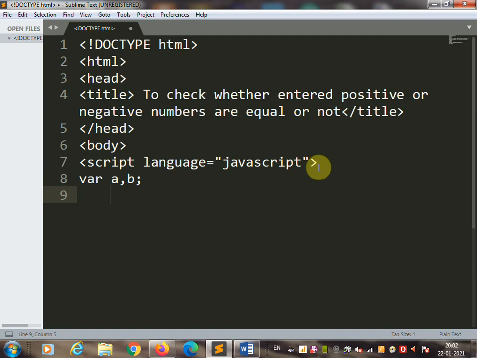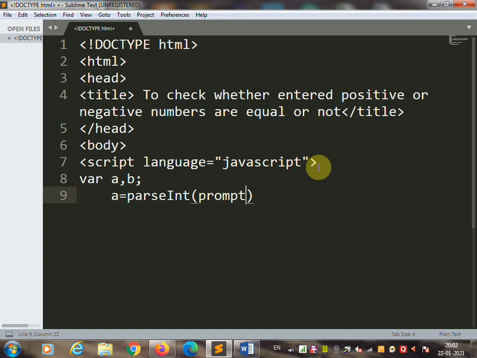Then we need a prompt to accept the integer. So we are going to use a equal parseInt. This function is required to convert the string into a number, and to display the prompt or the text box we require the prompt function.